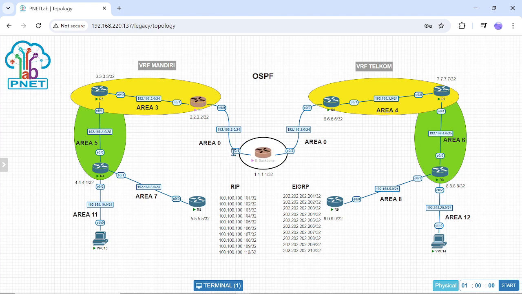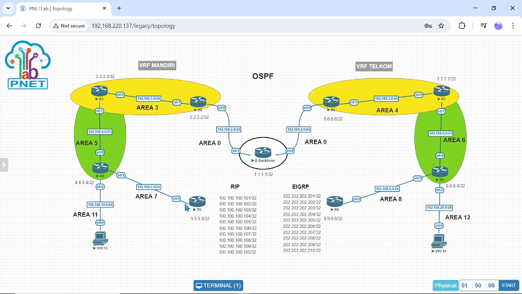So if we add the VRF configuration, we can use the same IP. If we do not use VRF, we cannot use the same IP on one router.